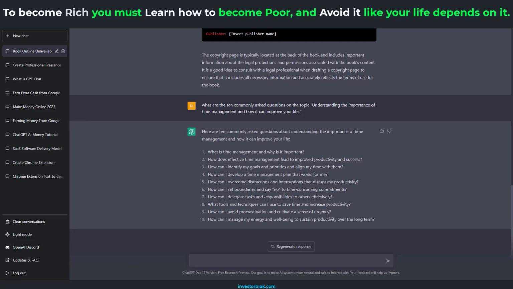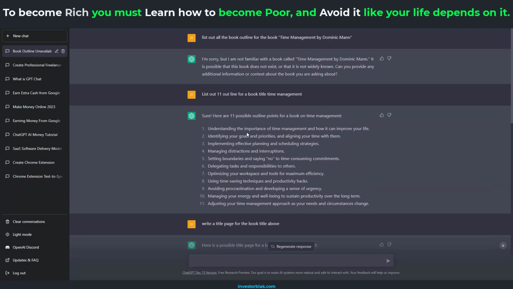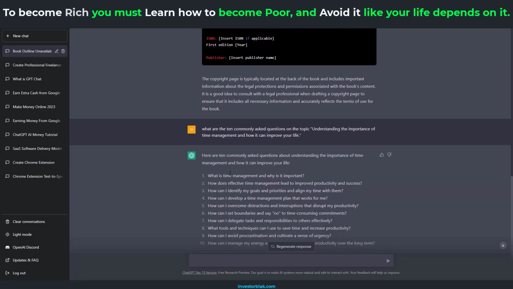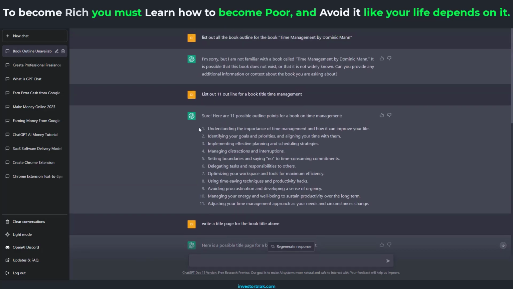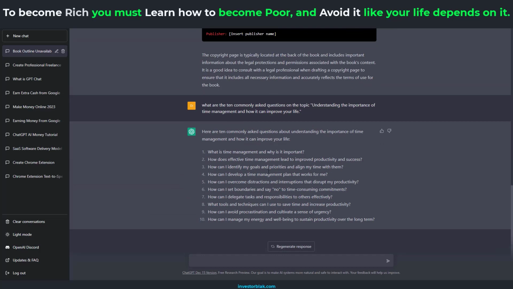How does effective management work? So let's see if this is replicated. So we come here: understanding, identifying, implementing, managing. Okay, so under the first one, understanding the importance of time management, you have all these outlines. So all you have to do is, let's say for example this particular first one, you copy it,